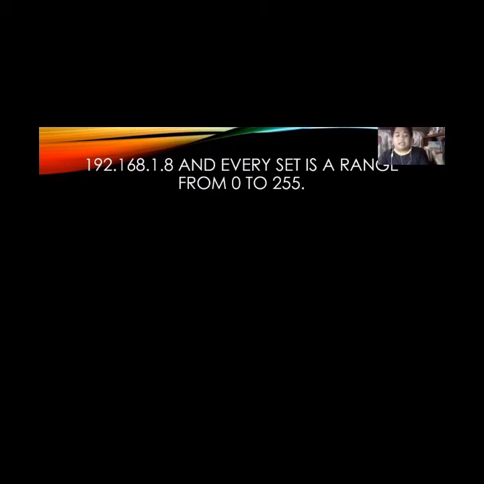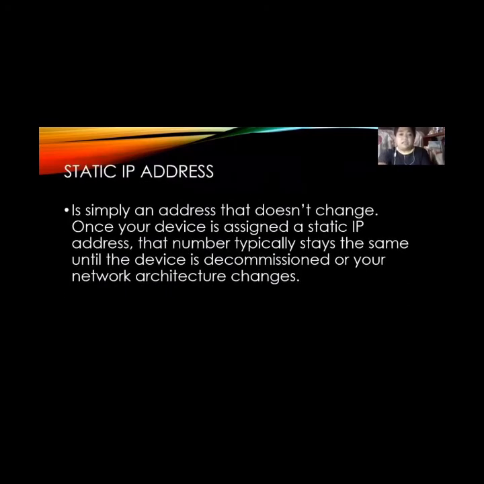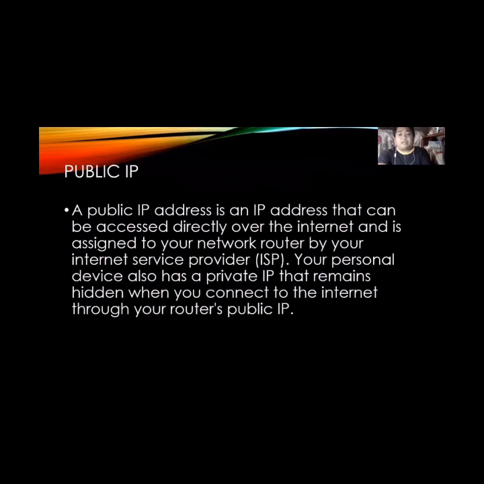Every computer has a static IP and a public IP. Static IP address: simply an address that doesn't change. Once your device is assigned a static IP address, that number is going to stay the same until the device is decommissioned or your network architecture changes. Public IP: a public IP address is an IP address that can be accessed directly over the internet, and it is assigned to your network router